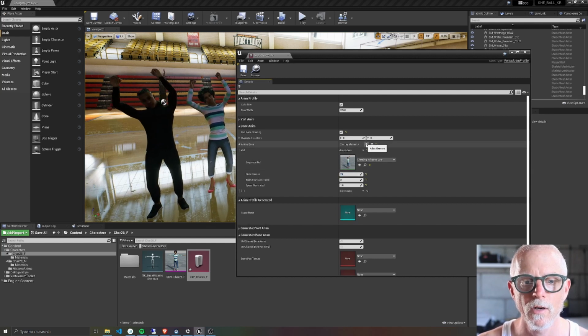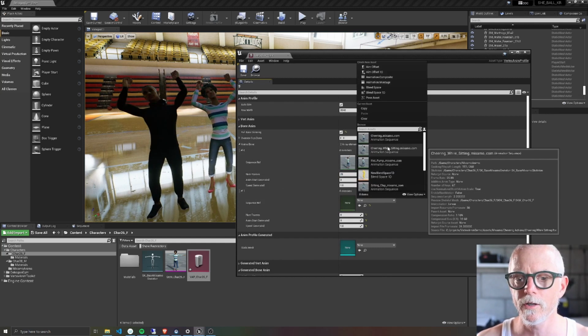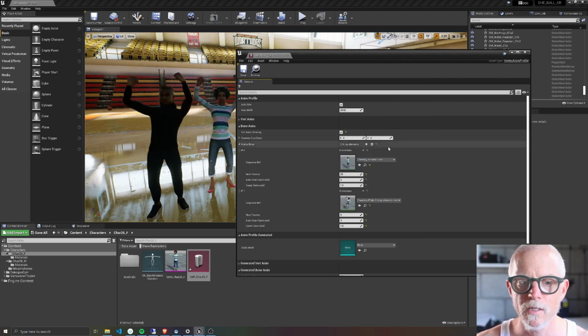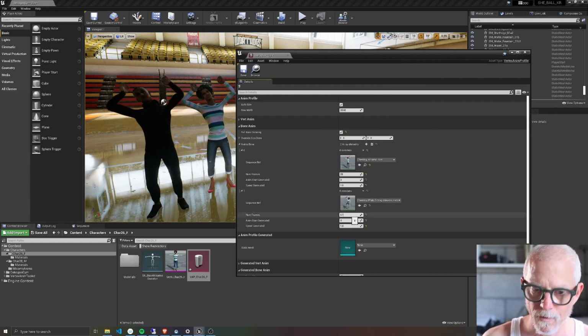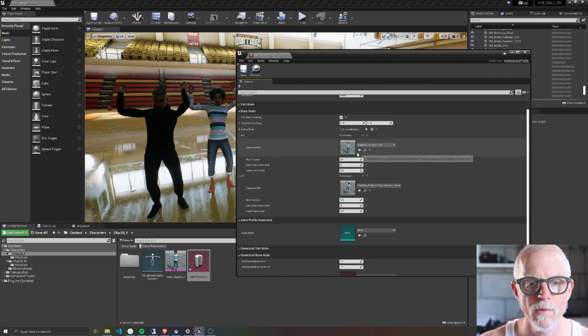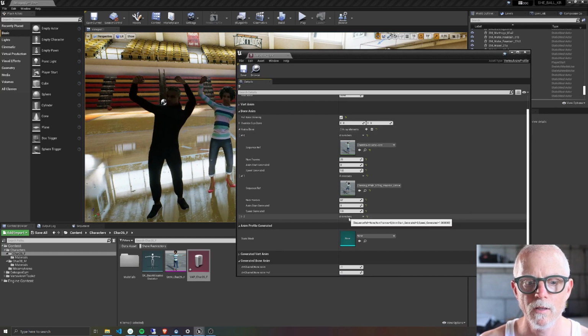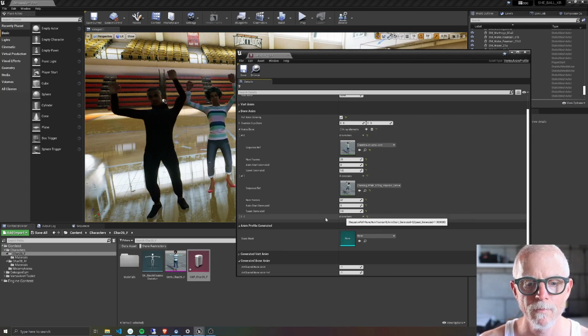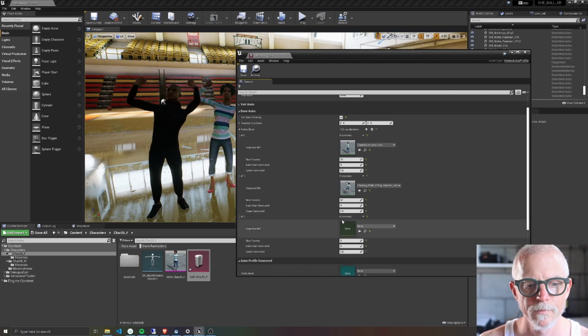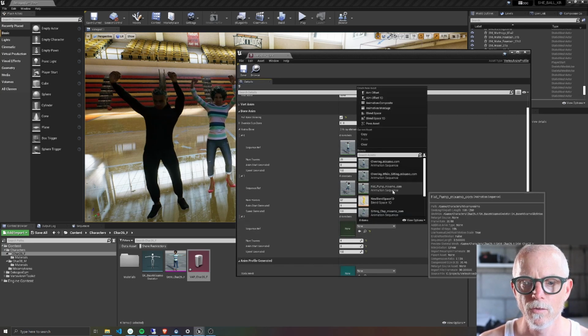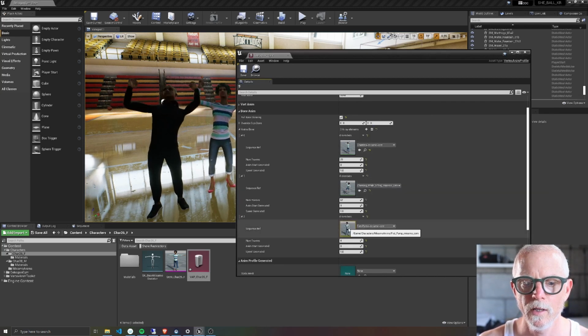So let's do that for our other animations. The longer your animations, the more texture real estate that you need. But thankfully, the plugin sizes these textures all by itself. You don't have to think about that too much. So this one has 67 keys. We'll just leave that at 67. That's not very many. We'll add another one. They can do different amounts of interpolation. 1, 2, 3. And this one has